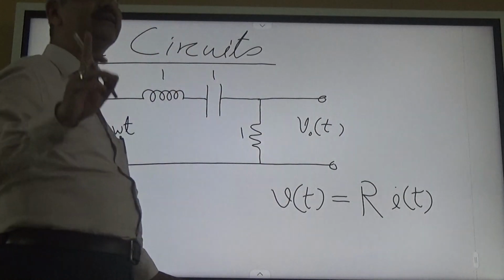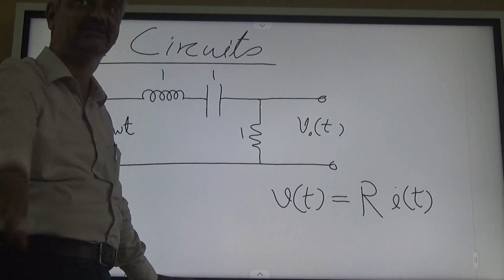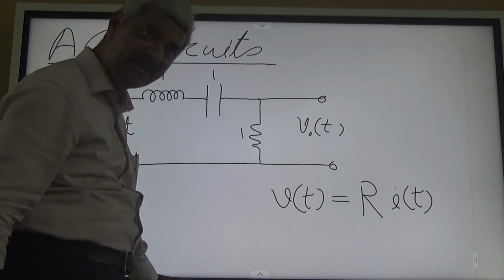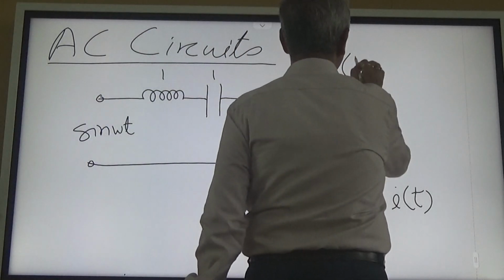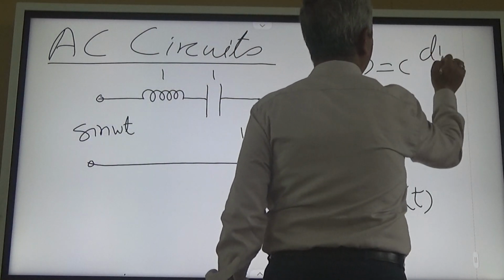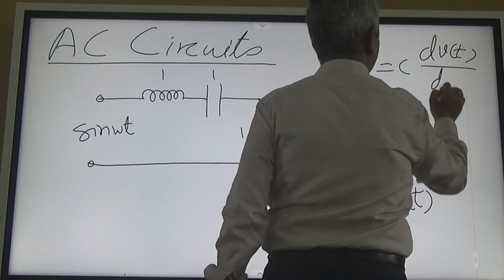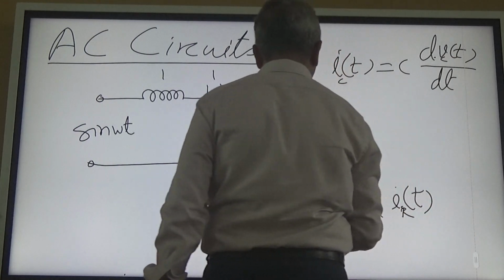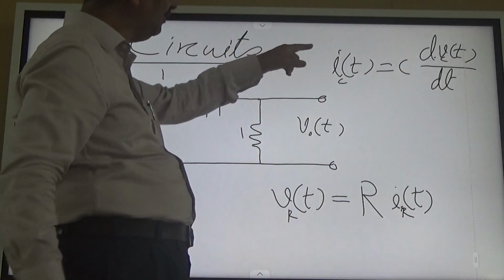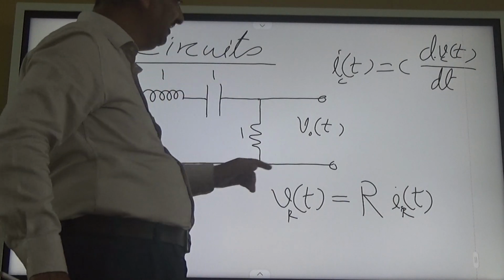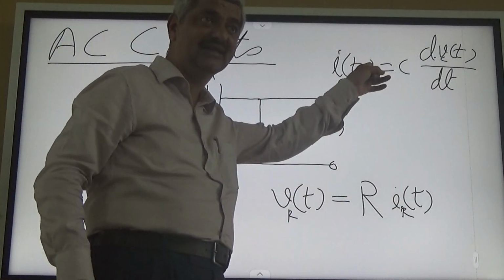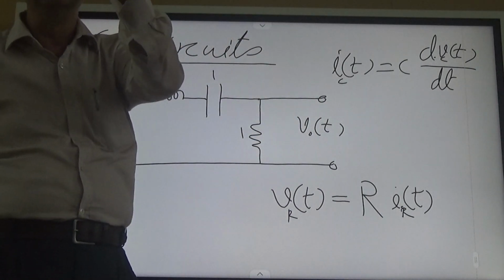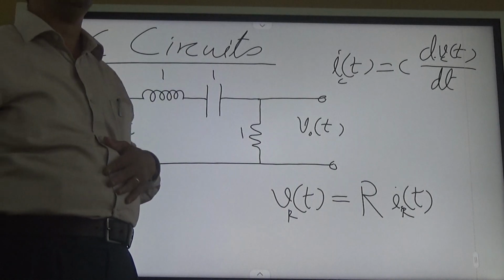But for a capacitor, such a relationship is not there. For an inductor, such a relationship is not there. What is the relationship for a capacitor? i(t) is equal to C dv(t)/dt, or I can say i_C(t), v_C(t), here i_R(t), v_R(t), right? So you can't write the ratio of V upon I directly there. But under the special case of sinusoidal signals,